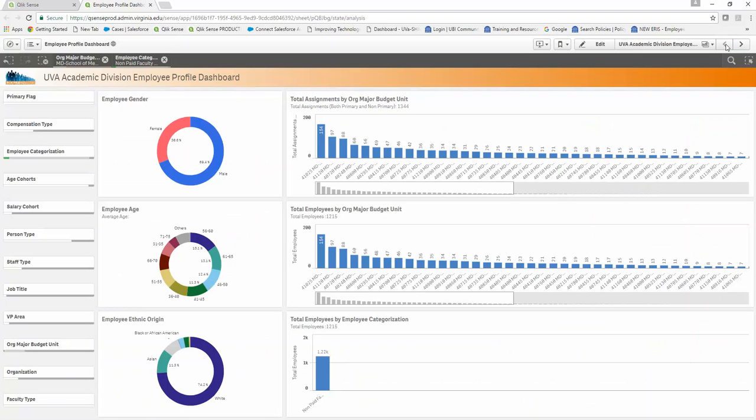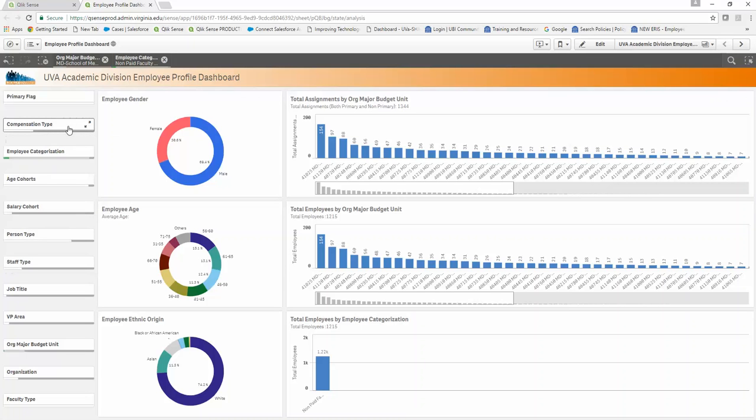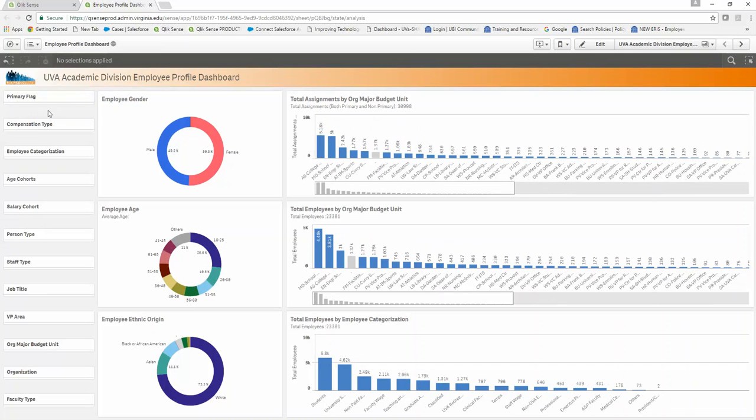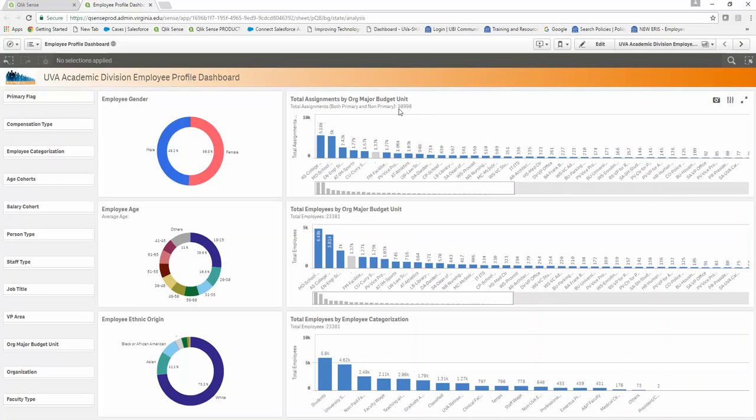But if we wanted to, for example, just look at the employee population that was salaried and benefited, what we could do is, for one thing, let's take all these off. Many people at the university have secondary assignments. And secondary assignments are a big deal. They really drive a huge part of our population. So you can see here total assignments, both primary and non-primary, for the university is 30,000, almost 31,000. But if we go here and we just select yes,